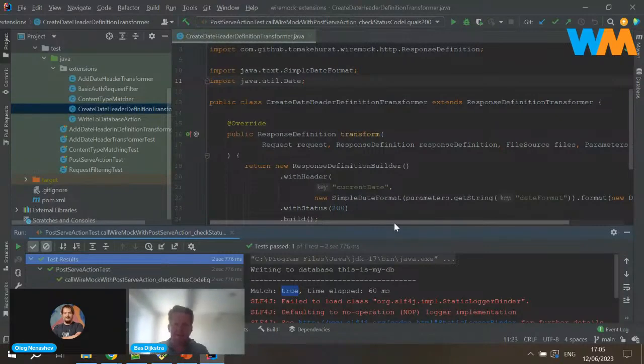is that one of them, the response definition transformer, is applied to the response before it's actually generated by WireMock, and the response transformer is added at the end. So the biggest difference is when are these transformers applied to the response? Before or after WireMock actually applies all the methods that you have in your stub method to the response.